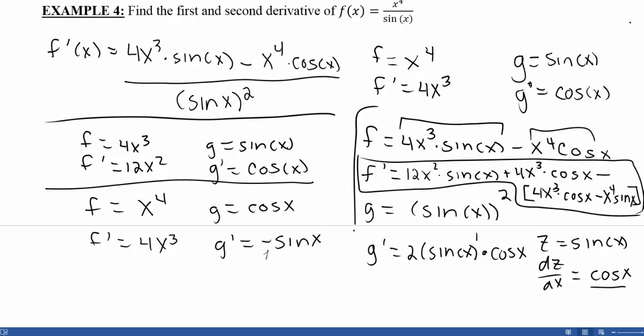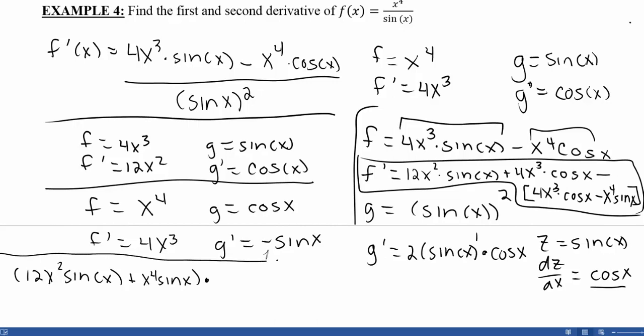So what I want you to notice about f prime is that I have a 4x cubed cosine x and a minus 4x cubed cosine x. So those are going to cancel. I'm going to use a lot of parentheses here. So I have 12x squared sine x. Now my 4x cubed cosine x terms cancel. And then this minus is also going to go to this negative term here. So that's going to cancel to give me plus x to the 4th sine x. So that's my f prime